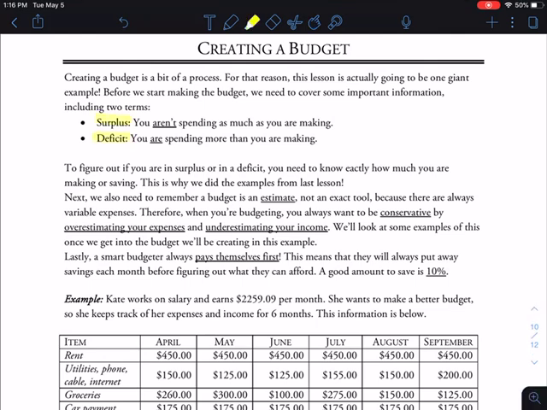Surplus means you are not spending as much as you're making. So that means that you have money left over at the end of every month that you can do other stuff with besides your budget. And a deficit means that you are spending more than you are making. So you are running out of money. You're getting into debt. Okay. So if you are in a surplus, this is amazing. And if you are in a deficit, you need to revisit your budget. Okay. So I'm just going to write that in a short form here,